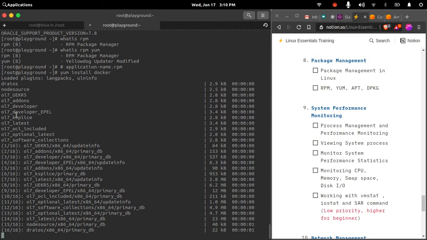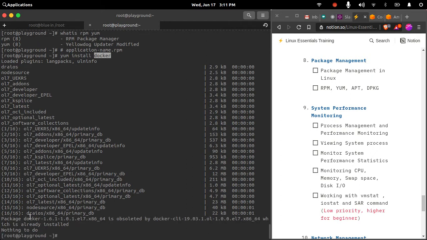You will also have a few repositories depending on your distribution, and based on those repositories, it will check whether the package you have provided is present, and it will try to install it. Right now it is just refreshing the package list, and it will check for this package, Docker, and see if it is able to install it or if it is already installed.